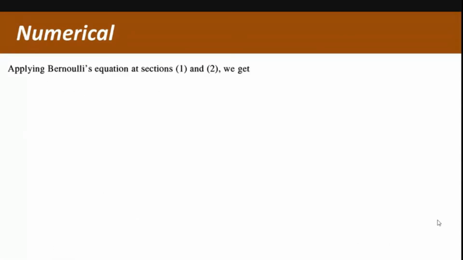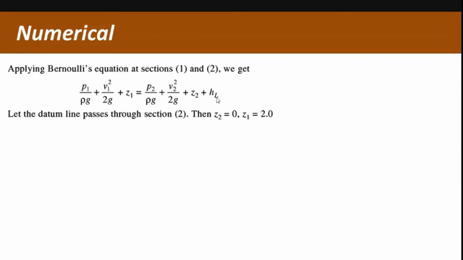Okay, so remember, as per the modified Bernoulli's theorem, total energy at 1 equals total energy at 2 plus loss of head. So P1 by rho g plus V1 square by 2g plus Z1 equals P2 by rho g plus V2 square by 2g plus Z2 plus HL. Now we will put the values. Okay, now remember,